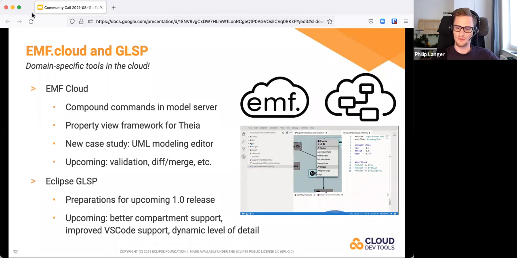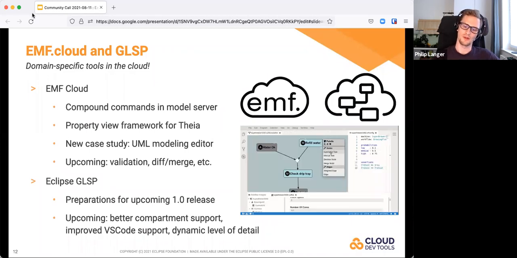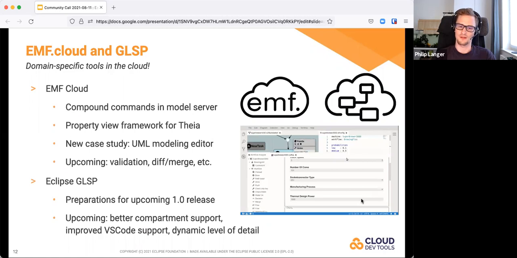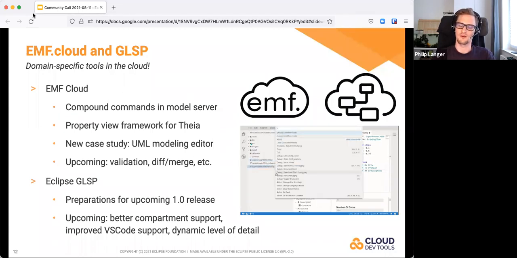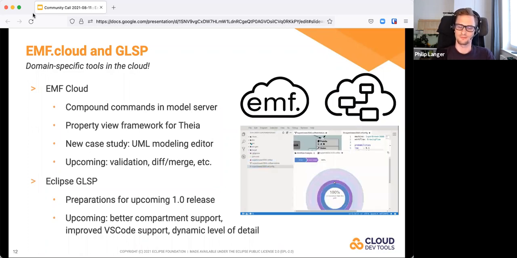Last but not least, that's an idea that we were following for quite some time, and that's the idea of dynamic level of detail, so that you can configure in your diagram server which parts should be visible at which zoom level, so that you can more easily get an overview of the diagram if you are zoomed out. For instance, if you consider a UML class, only showing the name of the class without all the attributes and methods and so on, but just having the label of the class as large as possible when you zoom out. And the more you zoom in, we start showing more and more detail, until you basically see everything in a diagram that is relevant about the UML class when you are zoomed in at the highest zoom level.